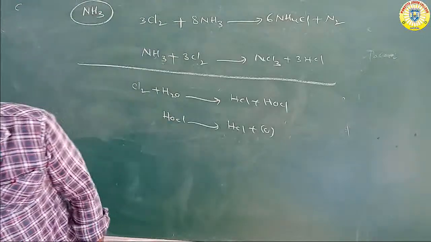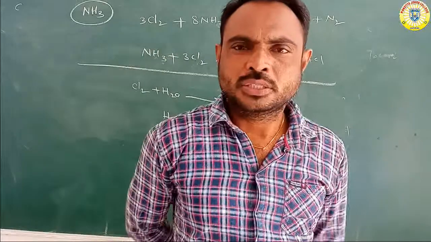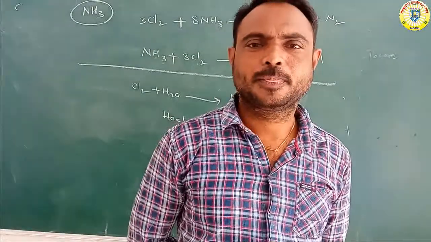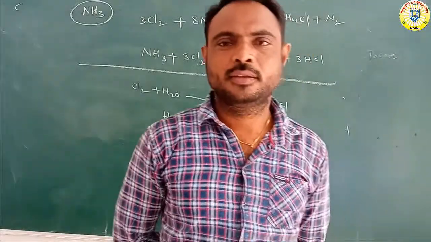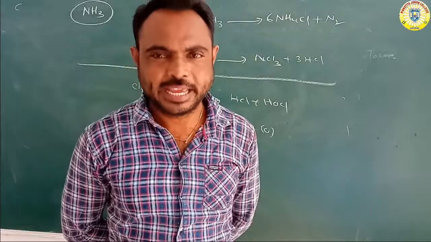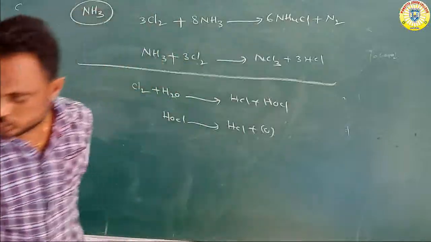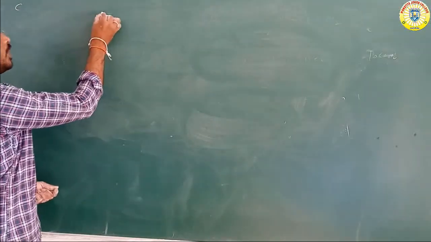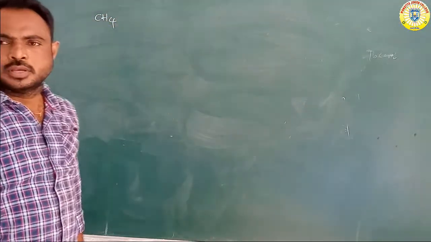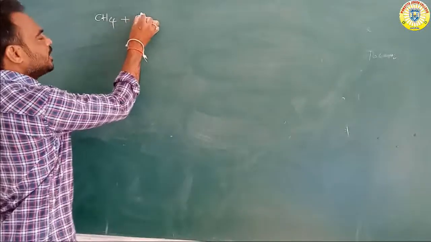Next, chlorine reacts with the alkanes also. So which compounds are alkanes? Methane, ethane, propane, butane, pentane. These are all alkane compounds. Now suppose CH4. CH4 is methane. This methane reacts with chlorine